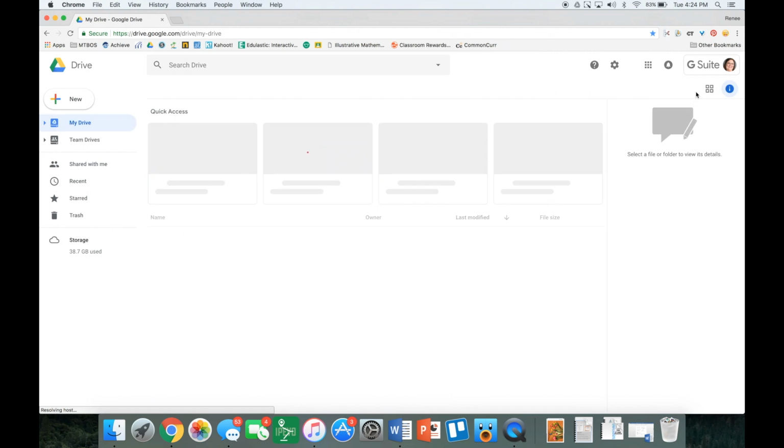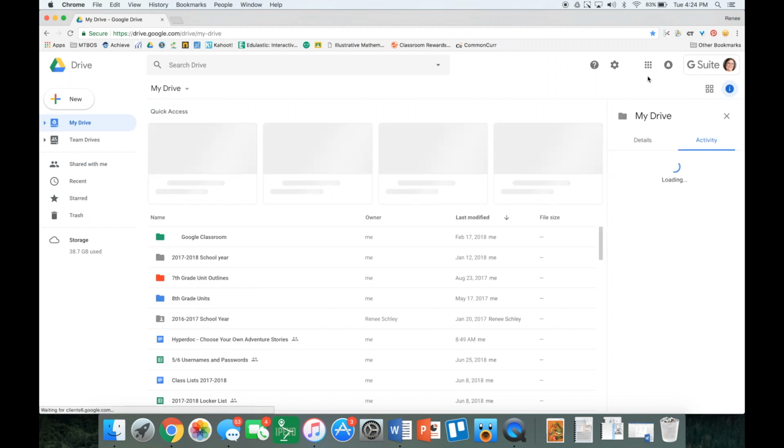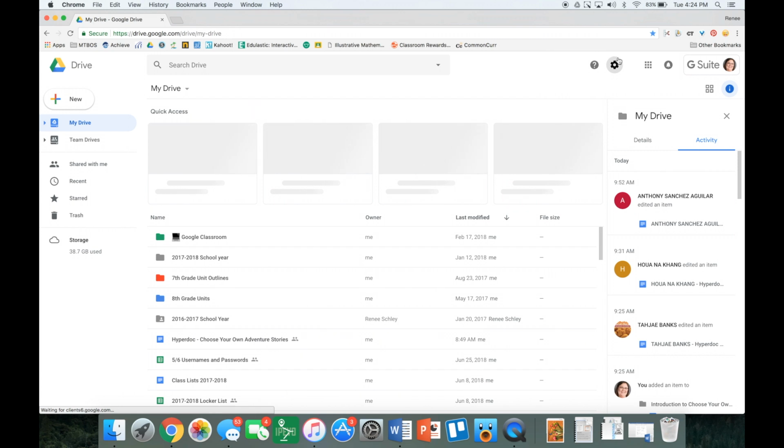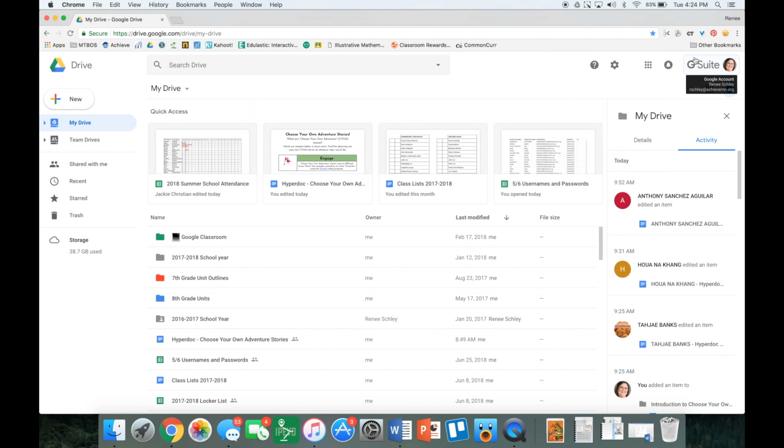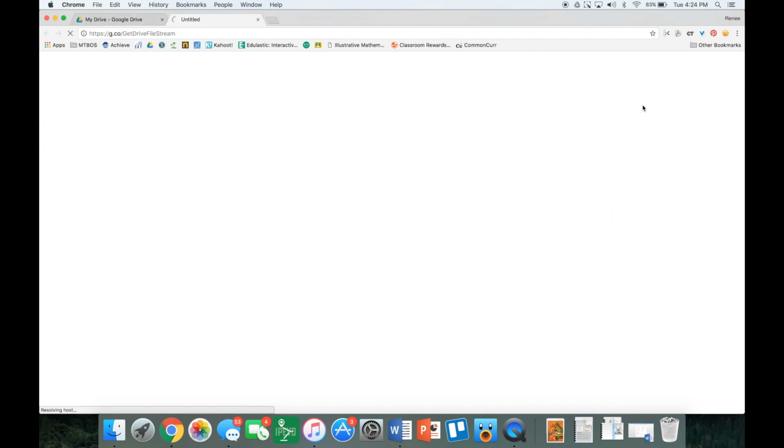And if you're not using the new drive, it should be about the same place, but you're looking for this gear setting to get you into the Google Drive settings. I couldn't figure out how to revert back to the old version to show you and double check, but it should be the same symbol somewhere in the same area. And then I'm going to click the download Drive File Stream for Mac, and it's going to go ahead and download